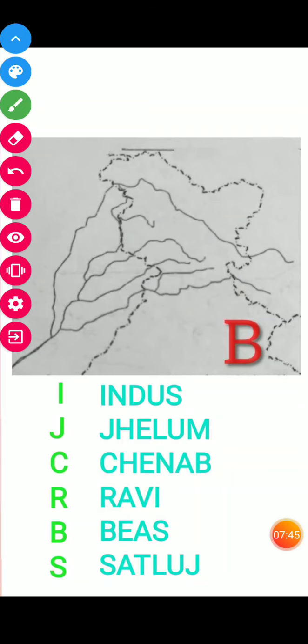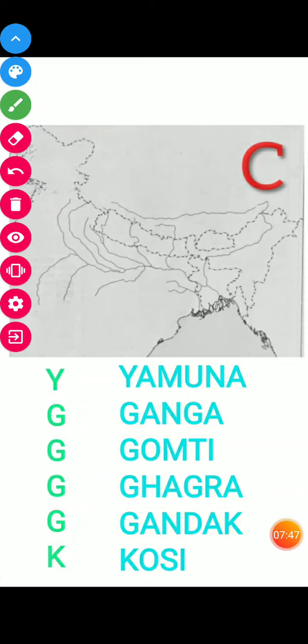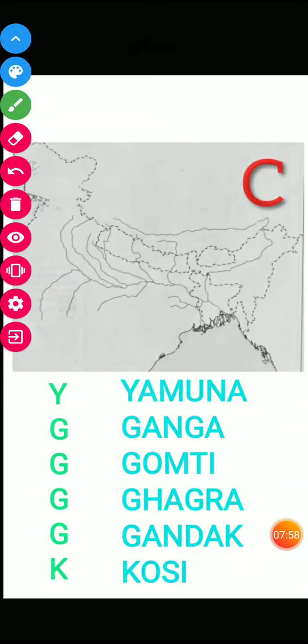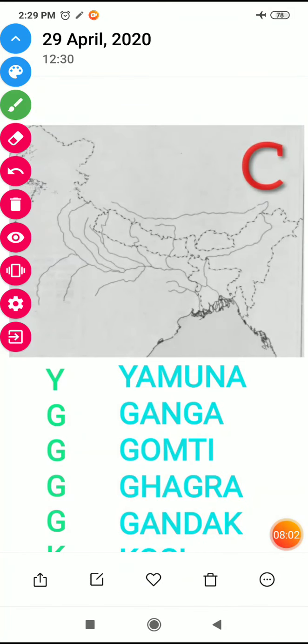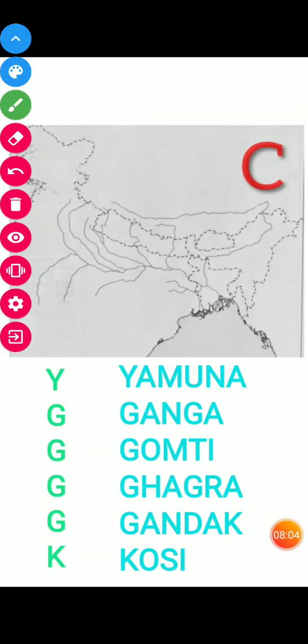Now moving toward section C. Section C is the section in which rivers originate from Himalaya. I hope you remember Himalaya, the greatest mountain range of the world, an arc-shaped mountain range.